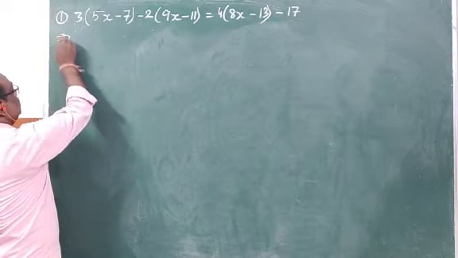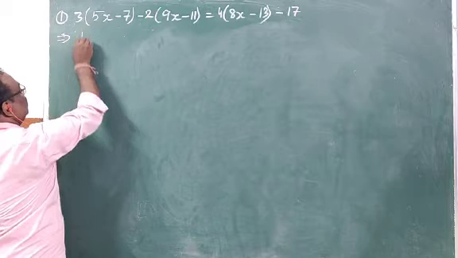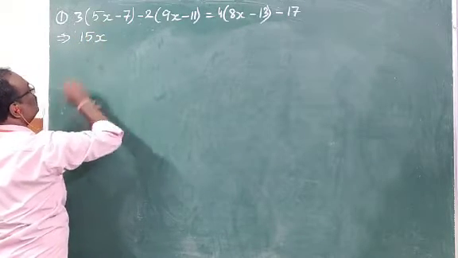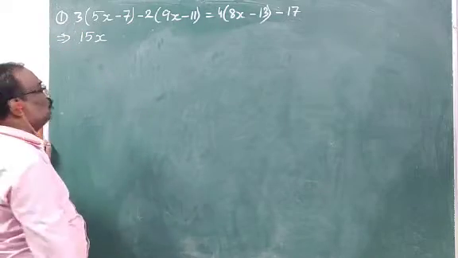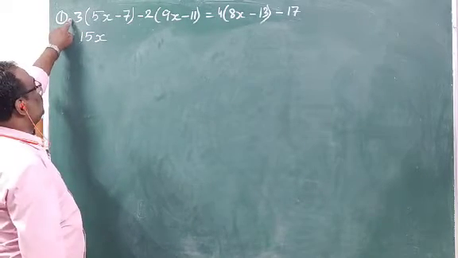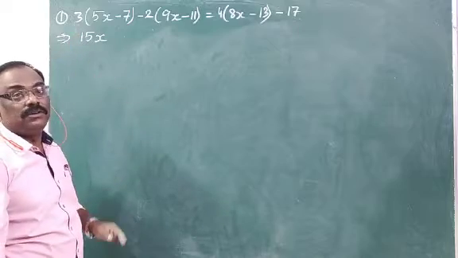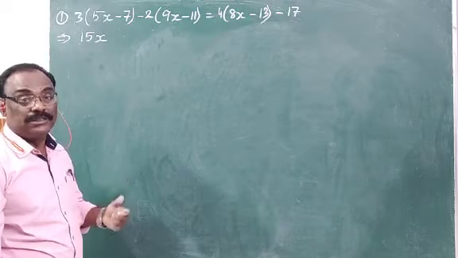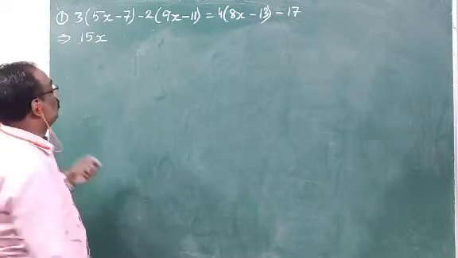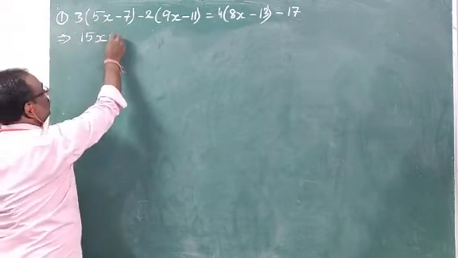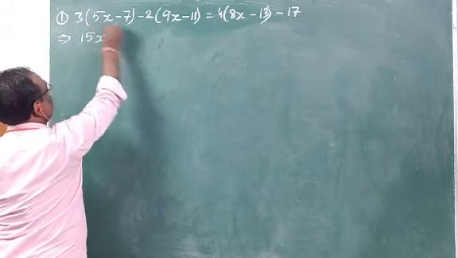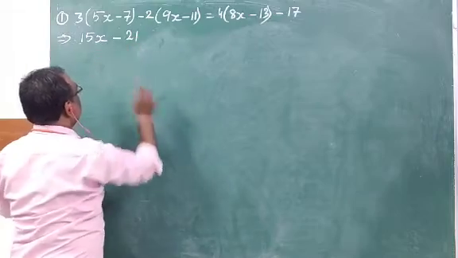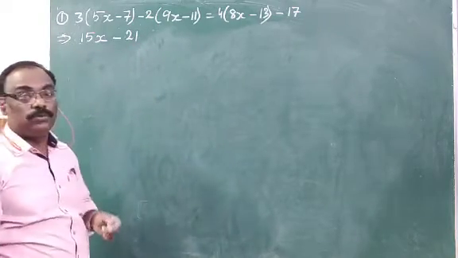So here I can put this sign, 3 into 5 we will get 15. Then x is there, so you write here x. Now be careful with the sign also. Here you can see in front of 3 there is no sign given. Whenever there is no sign, it is always positive, means it is plus sign there. So plus into minus, we will get minus 3 into 7, we got 21. So the first bracket we have removed by multiplying it with 3.